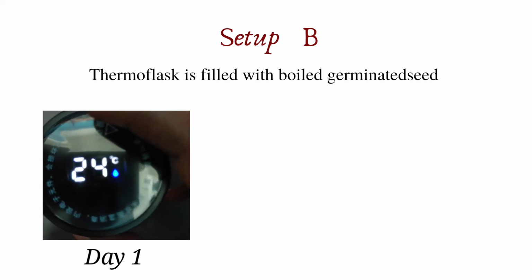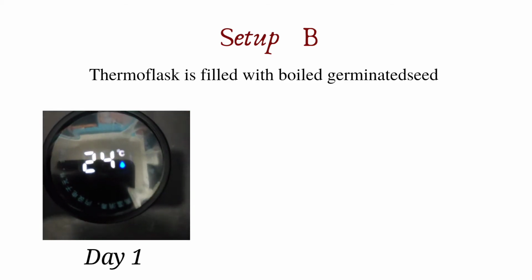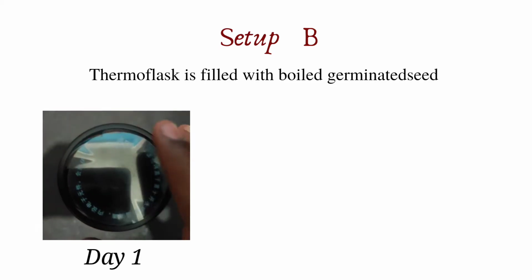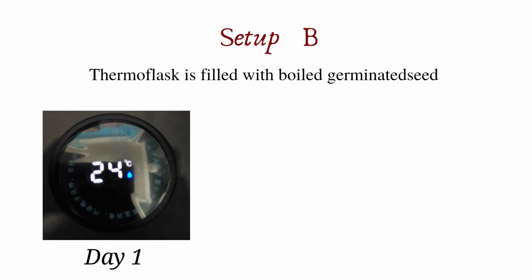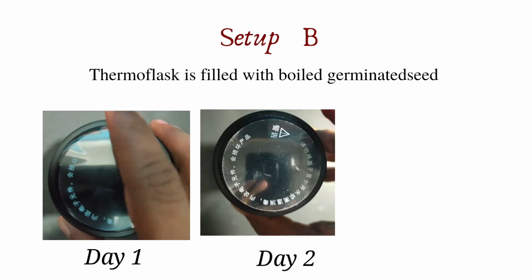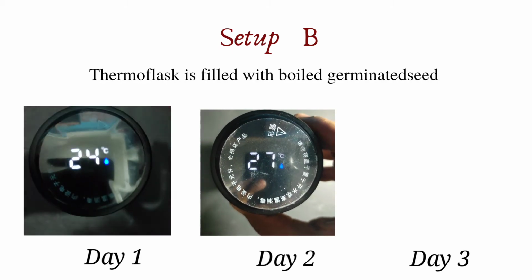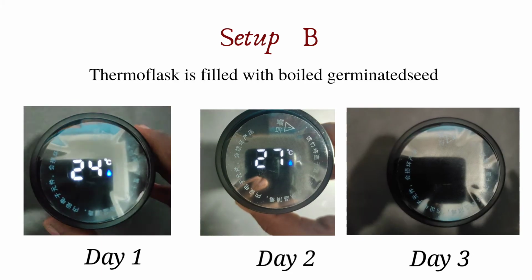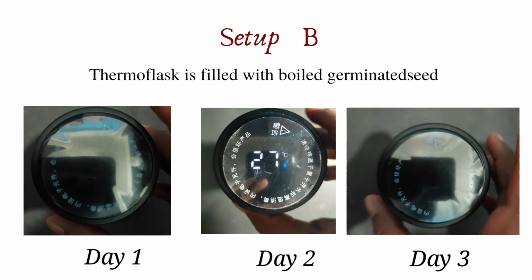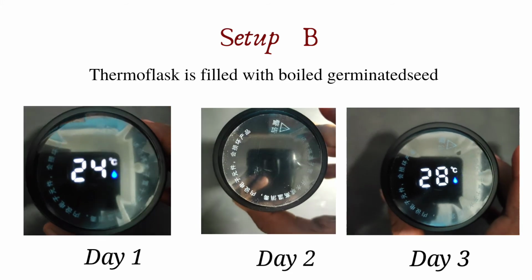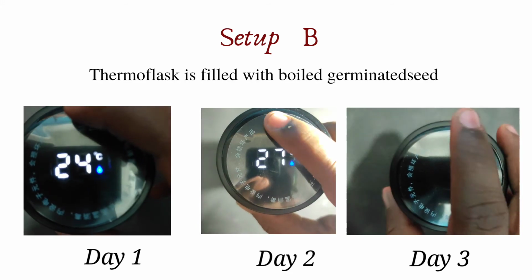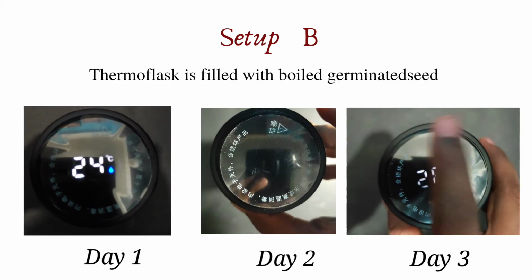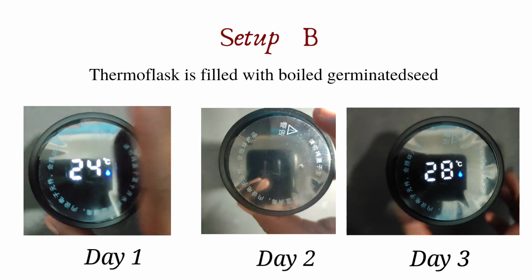In setup B, after an incubation period of 1 day, it doesn't show any rise in temperature. The initial and the final temperature readings are the same. But on day 2, it shows some rise in temperature. Even on day 3, it shows some rise in temperature. Here, the seeds are boiled and killed. Therefore, the seeds don't undergo any cellular respiration. But the rise in temperature indicates some cellular respiration, and the respiration is due to the microorganisms which grow